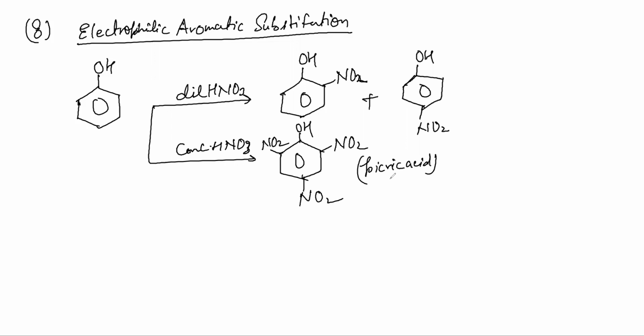So if you treat it with dilute HNO3, you will get mono substitution, and if you treat it with concentrated HNO3, you get tri substitution. Star and write. Picric acid, which is an explosive by the way,